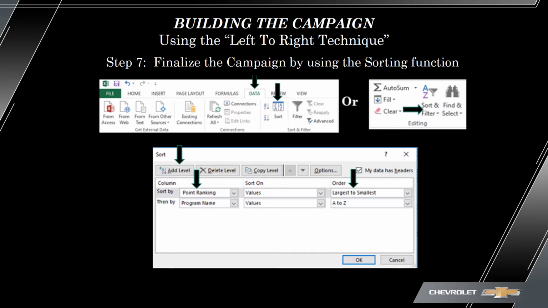My suggestion is simply sort two areas. The point ranking, as you see the column on the left-hand side there, you add the level first and drop down the point ranking and go largest to smallest. The highest point ranking customers are considered the highest opportunities, the best opportunities, and then go down to the program name and sort that